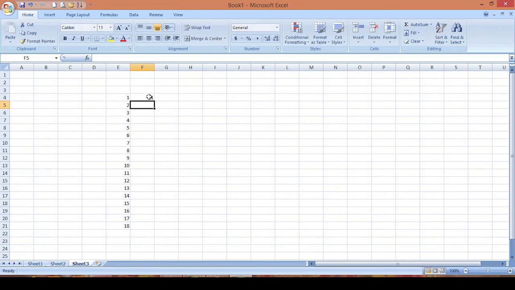I will place the cursor in my result and drag the fill handle. Now when you check it, it has become E5, this has become E6. So this way you can write the formula. You can write any formula by using any operator: plus, minus, multiplication, divide.